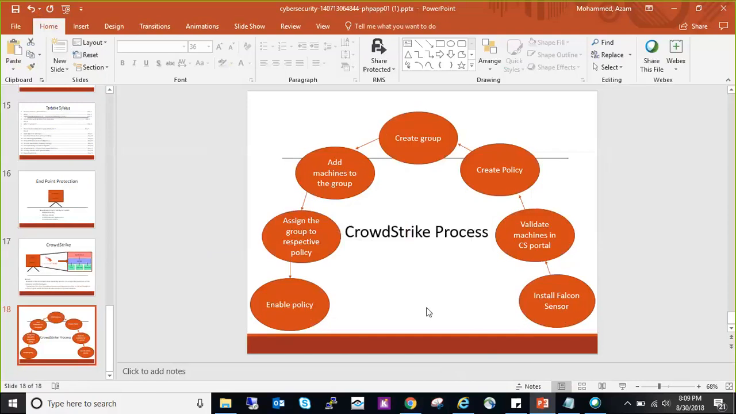In order to have CrowdStrike, what you will do, okay? You will first install the sensor, the CrowdStrike file, obviously, right? Then once you install it, and you know how you install it, you have to work with the team. So when you join a company,